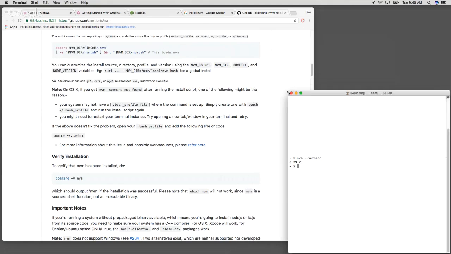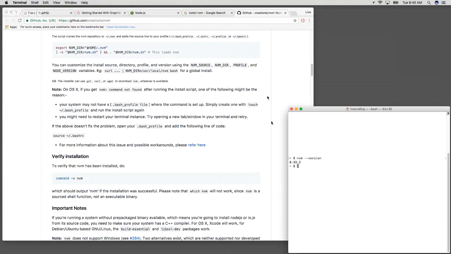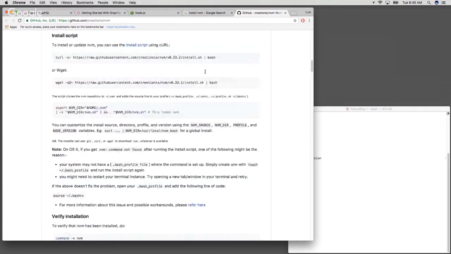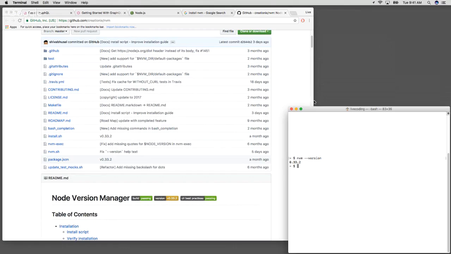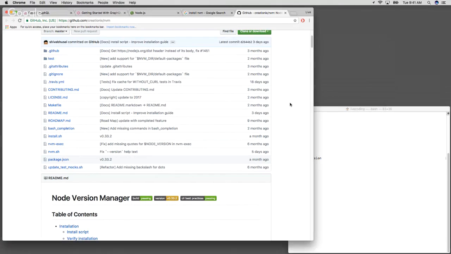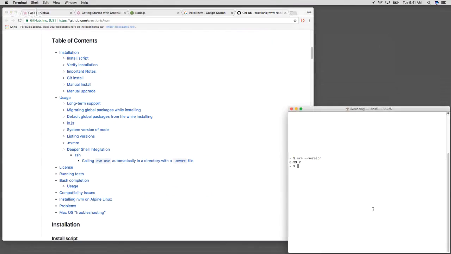It did install. It installed 0.33.2. So I don't know what the existing version is, but let me check. So package.json, yeah, it's the right version. That's the version I have, 0.33.2. So I have nvm. So now I can see if I do nvm ls, it should show me